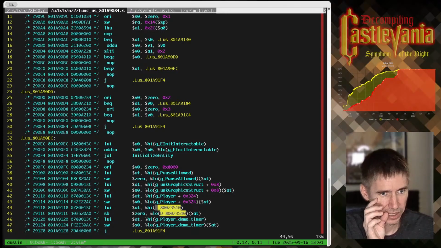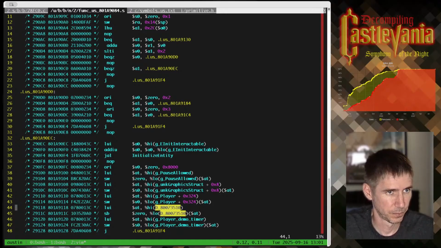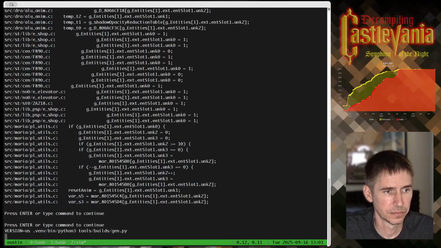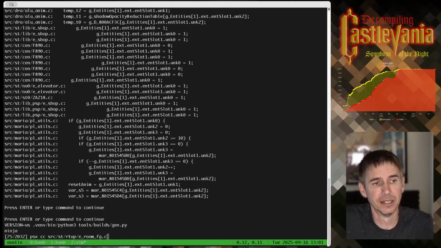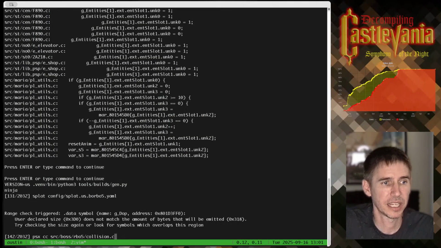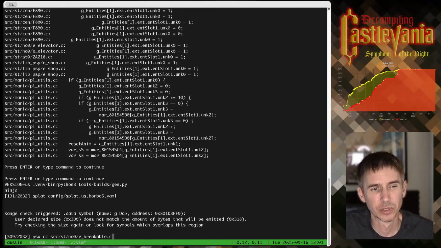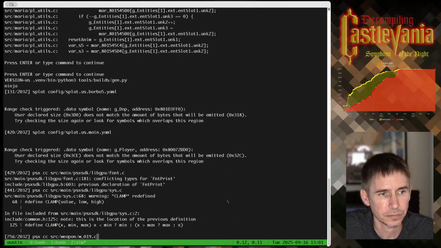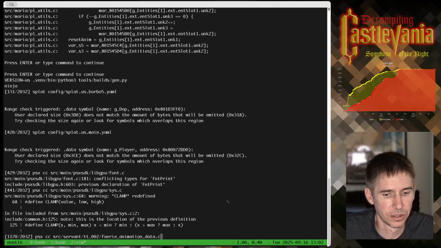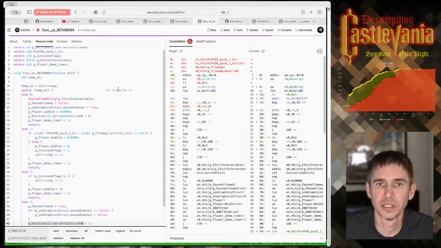So what I want to see here is G entities underscore 1 plus 7C. Yeah. So I'm changing the root symbol table for the game, so everything has to be recompiled because everything is going to depend on that. So while that's going, let's keep working on this.